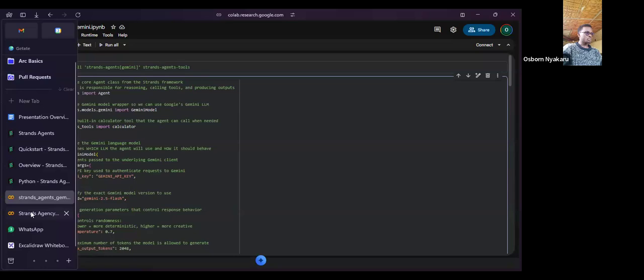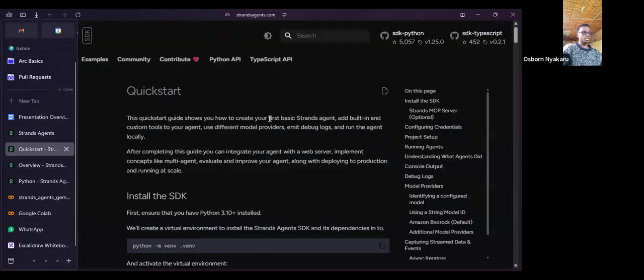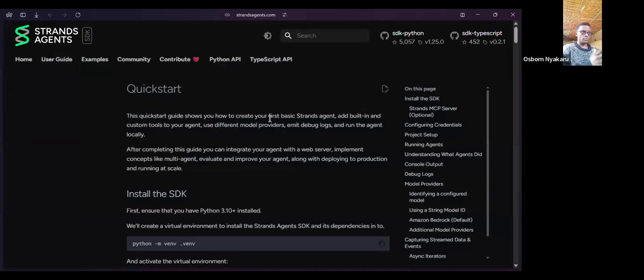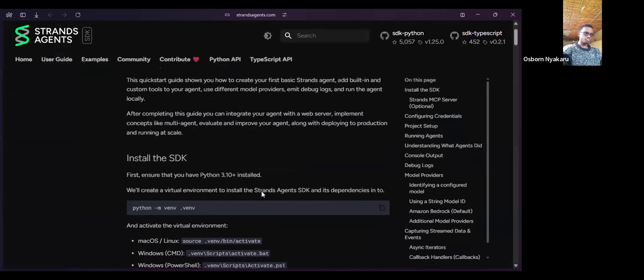So I think I'll jump into simple lines of code. Let me start with the quick start. For people who are utilizing Python, Strands Agents provides access to Python and TypeScript. So for a quick start, you have to create a virtual environment to get started with Strands Agents.